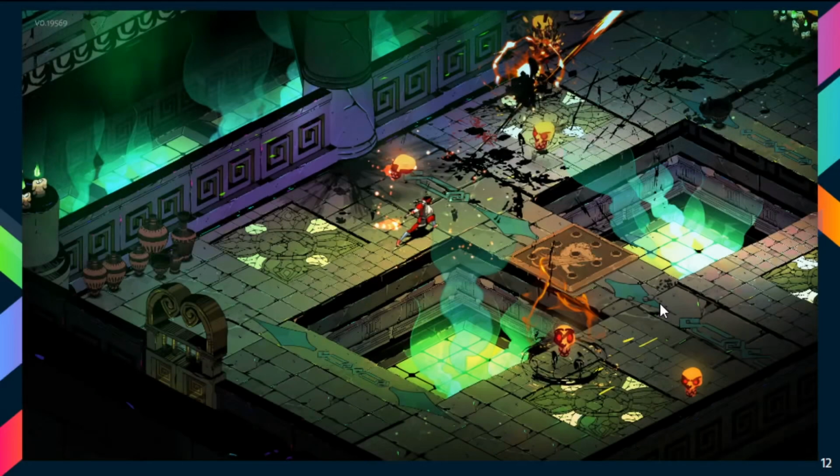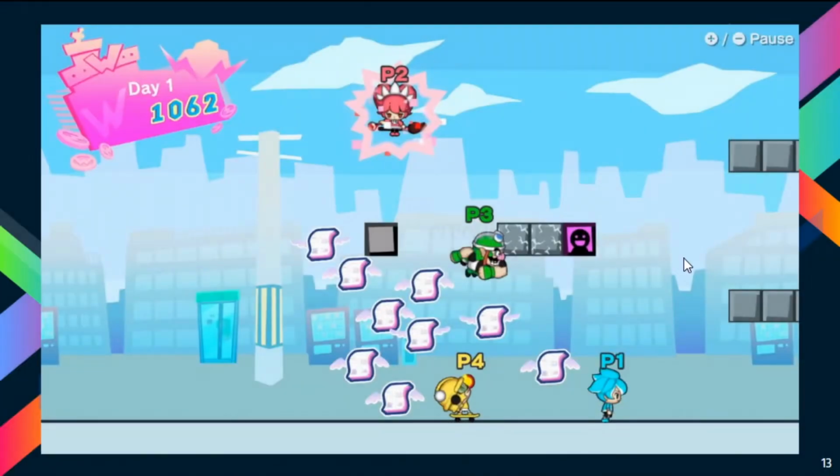Another one would be something like Hades. They have the top-down watercolor type aesthetic, which gives them their own unique style, but they're still able to keep the 3D models and everything else. Another one is WarioWare. This also tries to go for the 2D aesthetic, but it still uses 3D models and everything, so it can get all the angles.